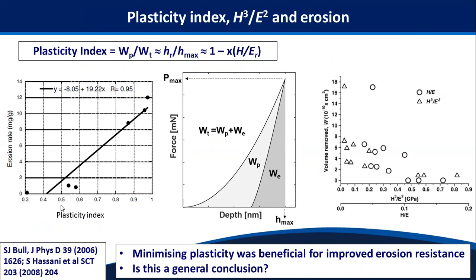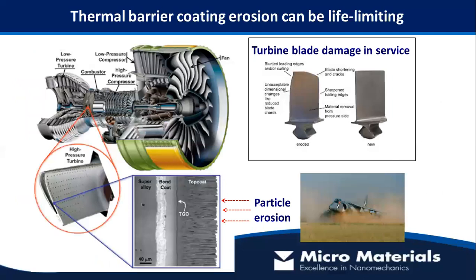And as Steve Bull has shown, this plasticity index can correlate quite closely with erosion rate, in this case for a range of different bulk materials here, or some work from the Montreal group on the right showing how the erosion rate is generally decreased for higher H³/E² and H/E. So in both of these examples, minimizing plasticity in the coating systems has led to improved erosion resistance. So the question is, is this a general conclusion? Can we get everything from indentation? And in fact, the answer is no, things can be a lot more complicated because you need to consider